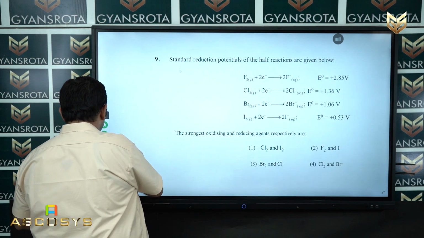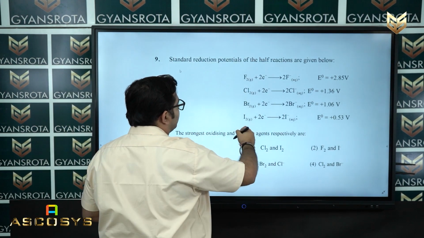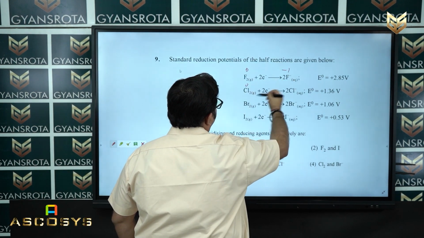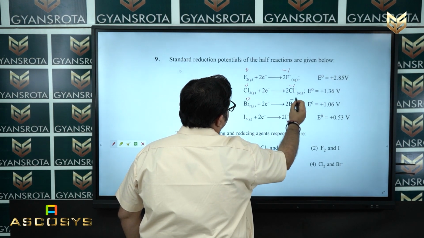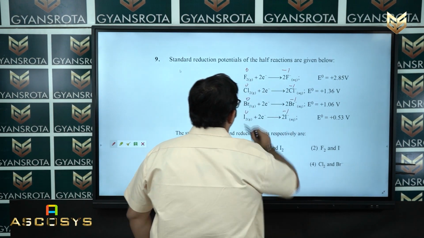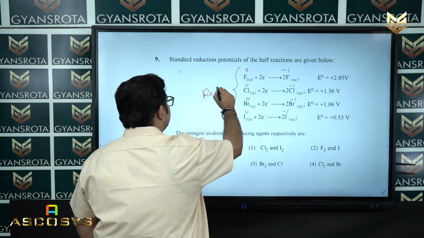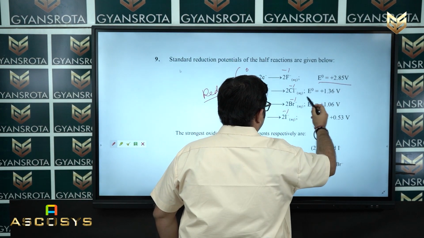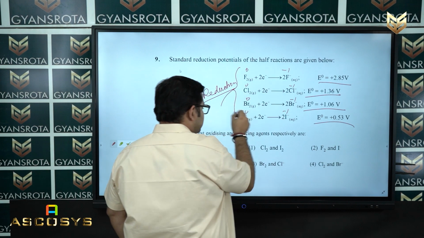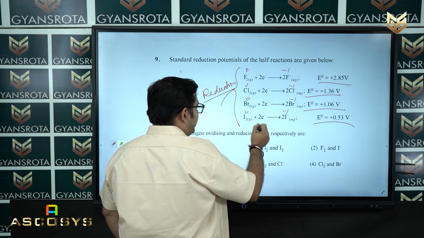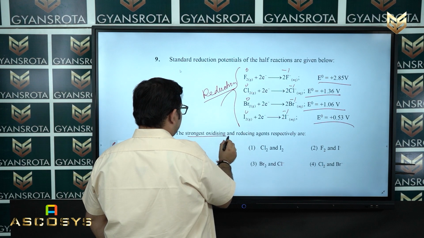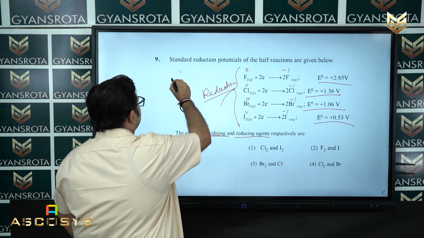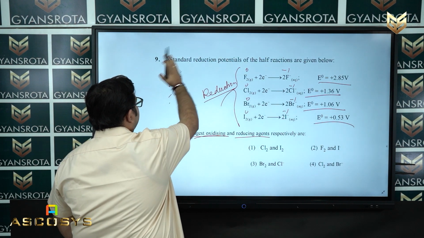If you see here in the question, for F2 the oxidation state is 0, here is -1, again here 0, -1, 0 to -1, 0 to -1, means in all the processes the reduction will take place. Means these values are nothing but the reduction potential of that species. Now for this we need to find the strongest oxidizing and reducing agent. Now always remember, whoever has the highest reduction potential value,